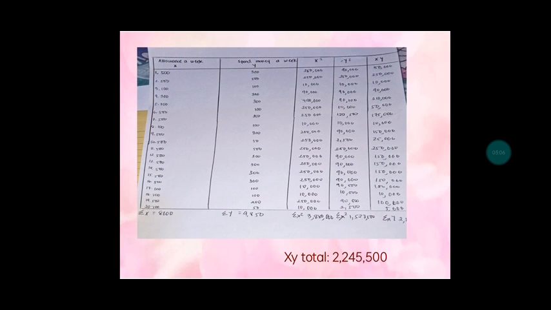Then 100 times 100 is 10,000 and 100 times 100 is 10,000. Then 500 times 500 equals 250,000. Then 100 times 100 is 10,000. So, the summation of X squared is